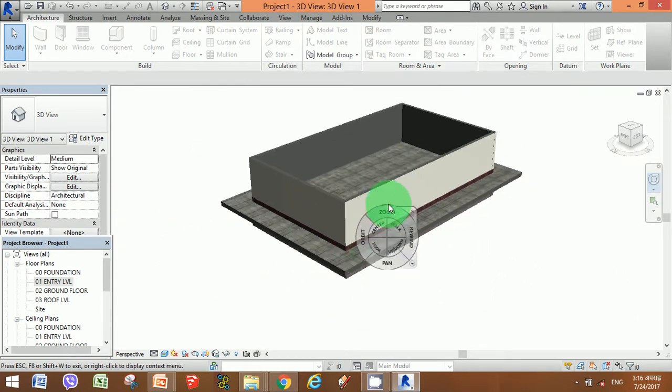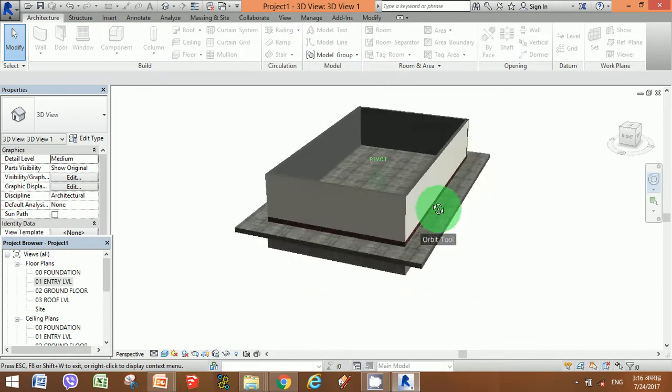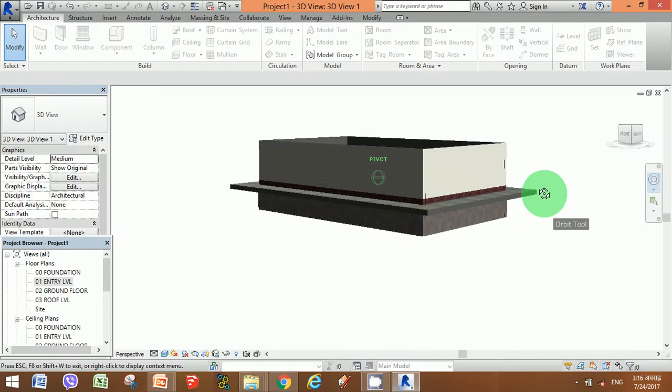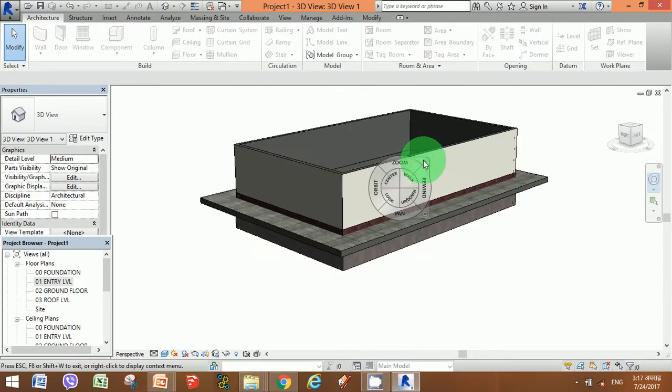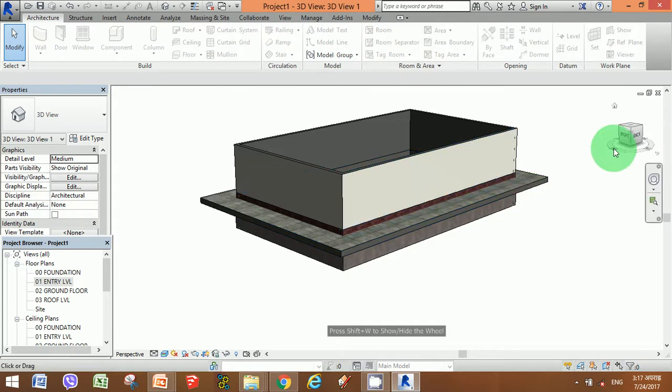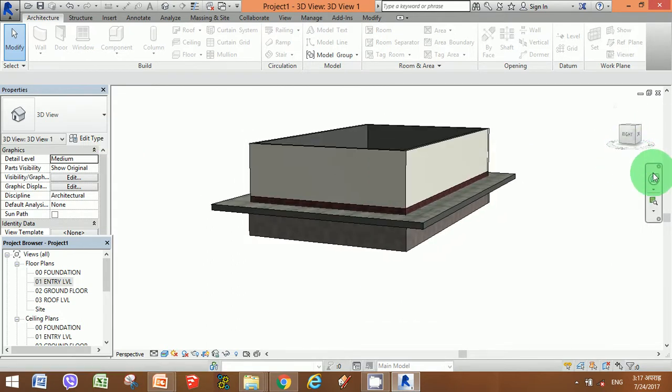So I think this works for right now for us, just for practice. So this basic level of elevations has been completed. We don't require this right now. We can just pan it accordingly.